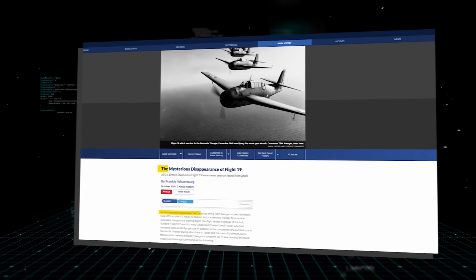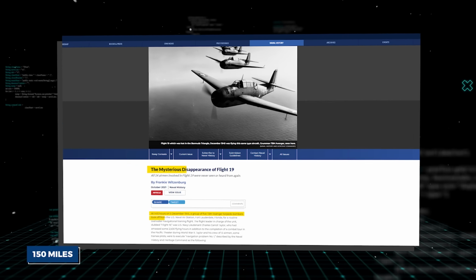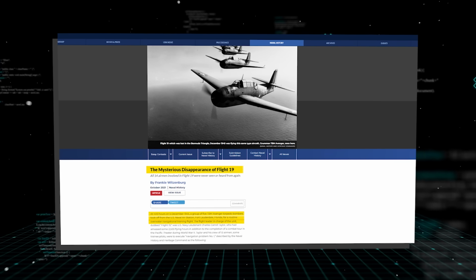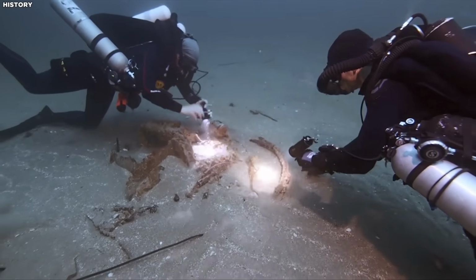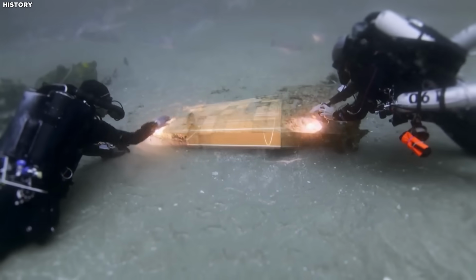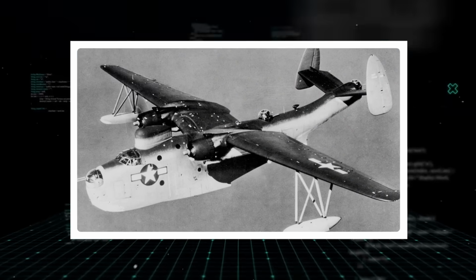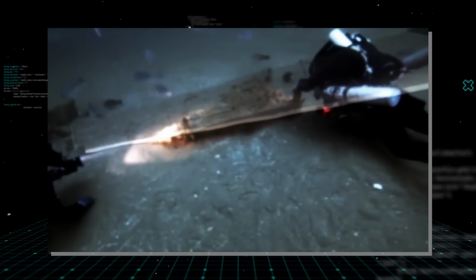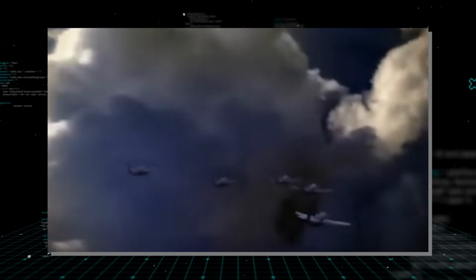The debris field was found approximately 150 miles northeast of the squadron's last estimated position based on radio transmissions. This discrepancy could be explained by 2 factors: the pilots' confusion about their actual location and the effects of the Gulf Stream, which could have carried lighter debris considerable distances in the decades since. Notably, the debris field contained no evidence of the PBM Mariner search aircraft that had also disappeared. This supported the witness accounts of the Mariner exploding mid-air in a separate location, 2 distinct tragedies rather than a